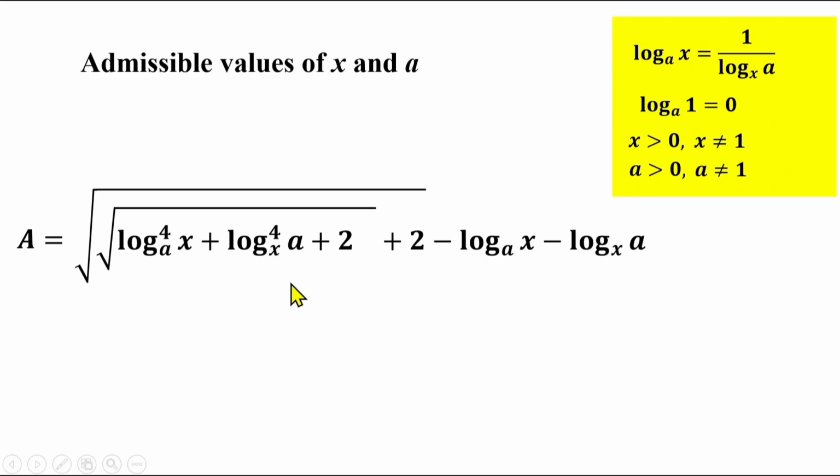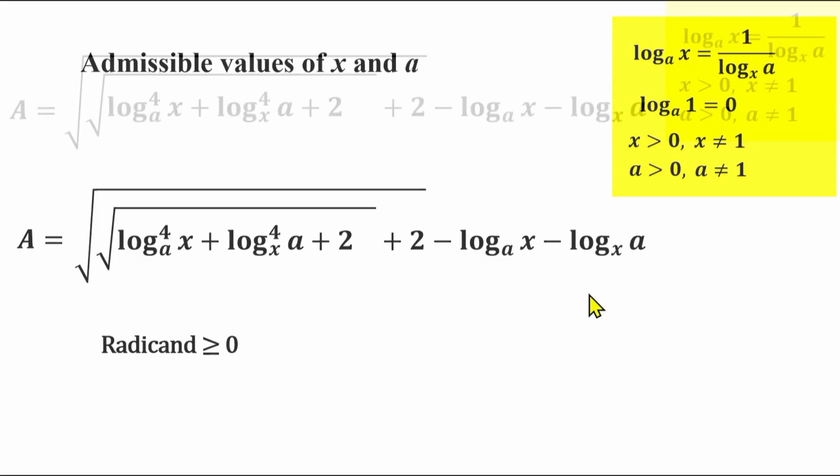Additional restrictions can come from the existence of square roots here, but we see that both logarithms here are positive, so the radicand here is non-negative. For this reason, these square roots don't give us new restrictions for x and a, and we can start transformation